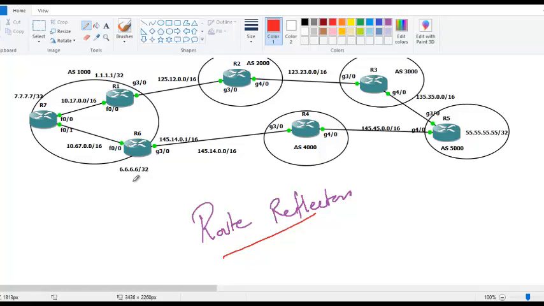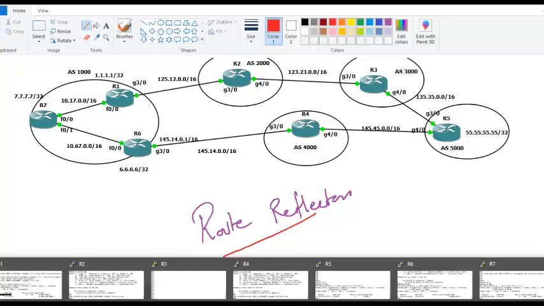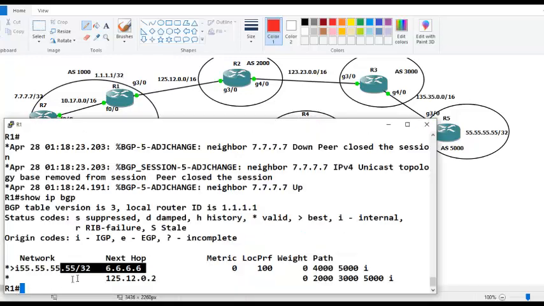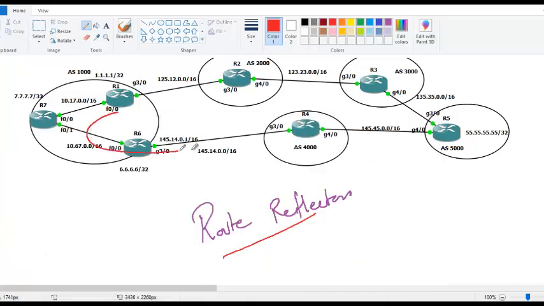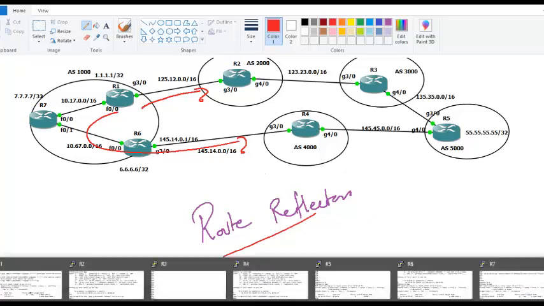Now, if you want R1 to go via router 2, what should I do? Set weight. Right now, R1 is going via router 6. It's IBGP. It goes like this. But if you want to force it to go via this way, what should I do? I should set weightage. If I set high weightage here,